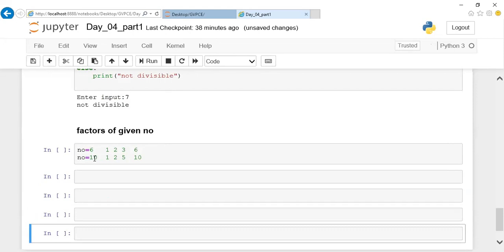How will you write the logic for this one, displaying the factors? By using a for loop. Make a loop run a certain number of times and try to display the factors of any given number. Make it soon.